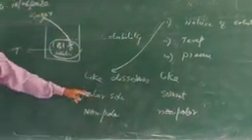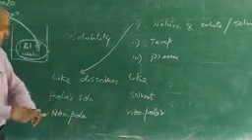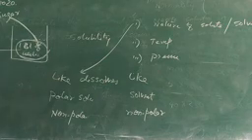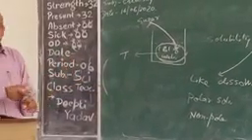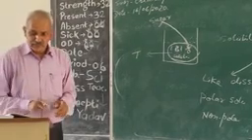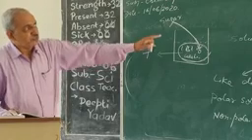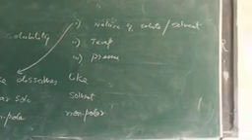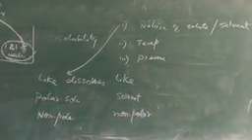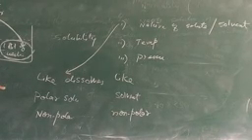Polar solute and polar solvent have the same interaction, therefore they are easily soluble. Alcohols are soluble in water, although alcohol is not so polar, but that solubility is due to another factor, hydrogen bonding. So the solubility of solute is dependent upon the nature of solute and solvent. The simple rule: polar solutes are soluble in polar solvents and non-polar solutes are soluble in non-polar solvents.